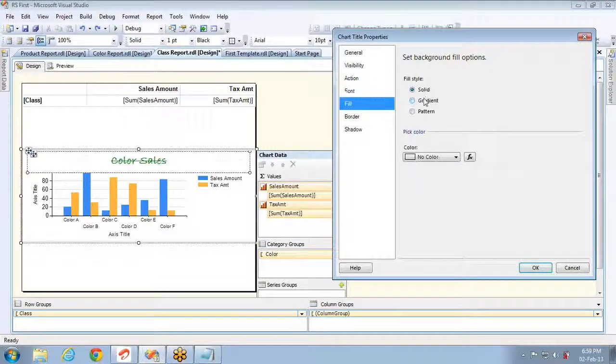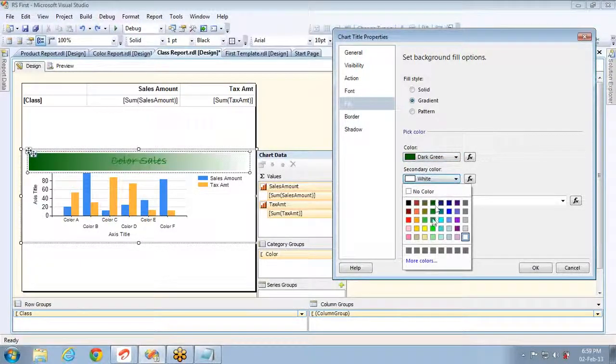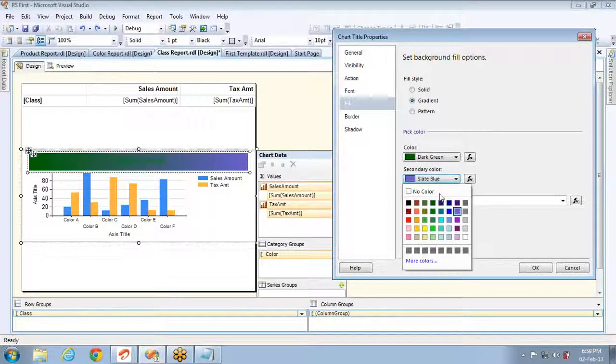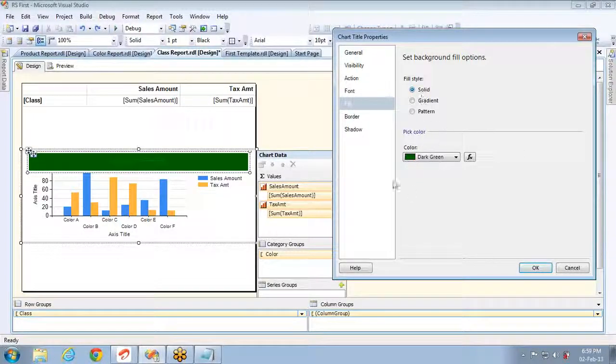And the fill option, you know about this, gradient, and I'm setting some color. Gradient means light color to dark color moving. This is the first color, and this second color I am giving violet. So these two combinations will be taken and the gradient will be created. Generally gradient will be taken with one dark color and a white combination. This is called gradient. Or you can go for pattern, it will be like this, white and dark green pattern. Or if you go for solid, only one color selection, it will be totally solid.